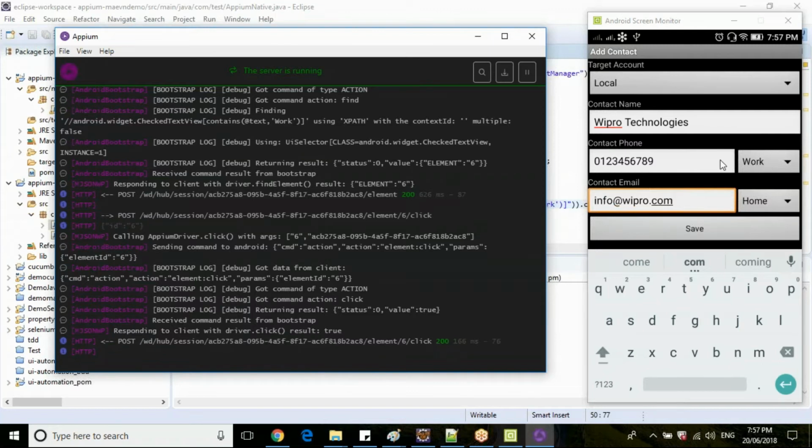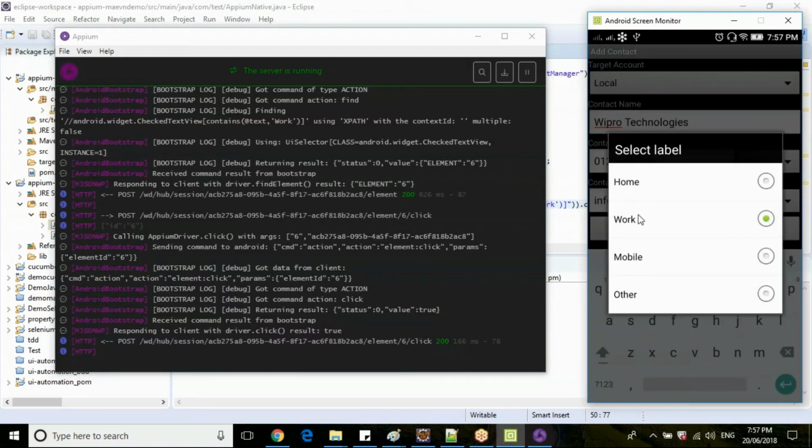So this is the way almost all the native drop-downs will be with Spinner classes, guys. If you are working with hybrid applications, then it will be with a select class. The developer will provide a select class there because he will dynamically get the data in the select class. Here, since only 4 options will be there, no dynamic data will be coming, right? So that's why the developer hard-coded these 4 values.